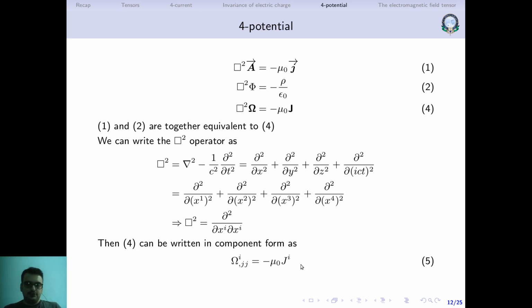I leave this to you to verify. Just expand this, and expand this, and you'll find out that both of them are just the same. So please do this as an exercise at home.